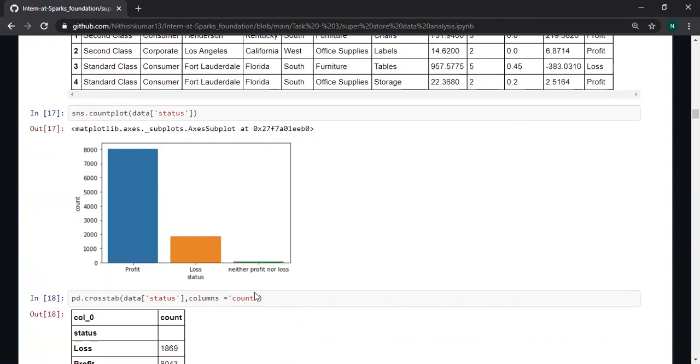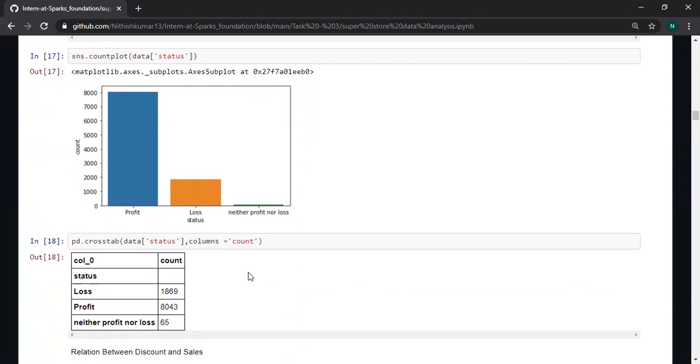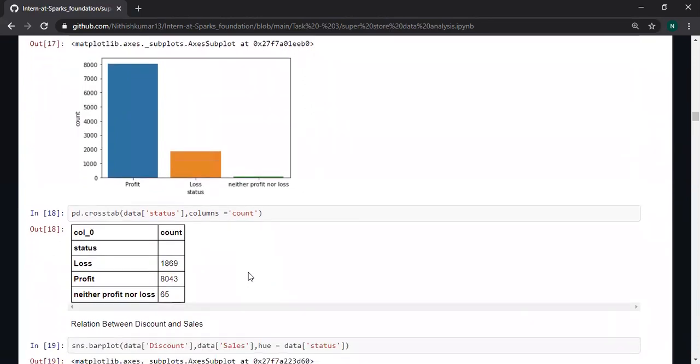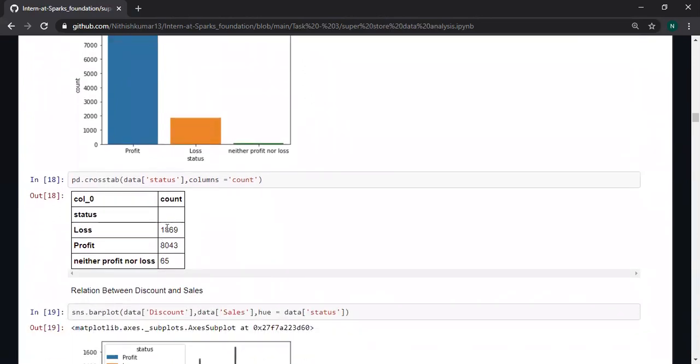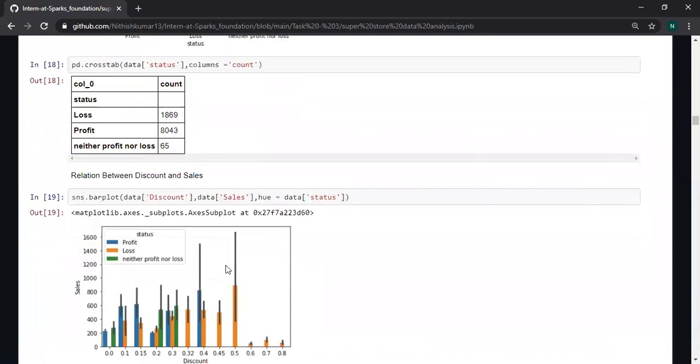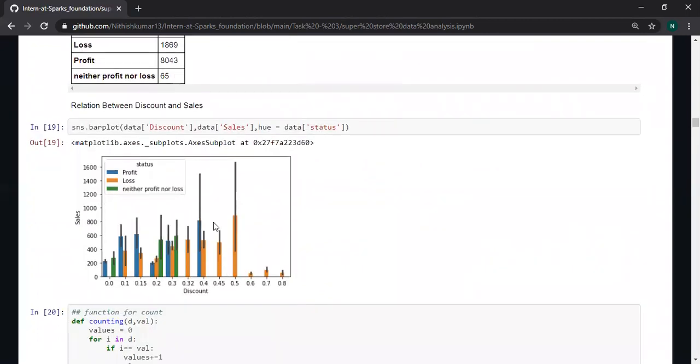Around 8,000 people get profit and 2,000 are loss, and some of them are neither profit nor loss. You can see the count from here. This is the relationship between discount and sale with respect to the status.